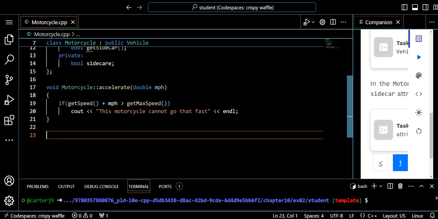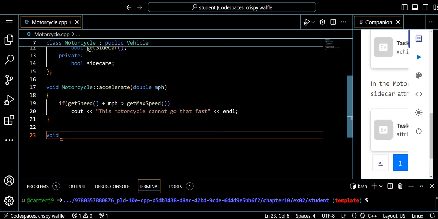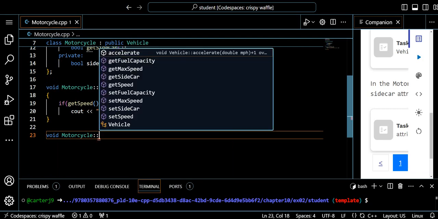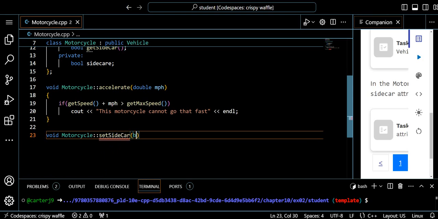23. Let's do void. Motorcycle set car. Set sidecar. And we'll do EOL status. Next, and then from there,